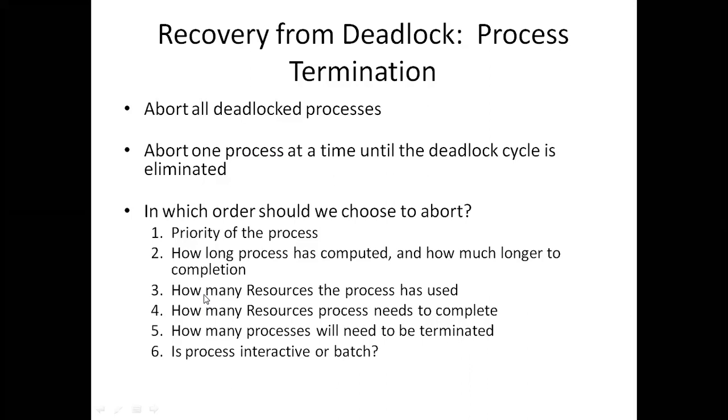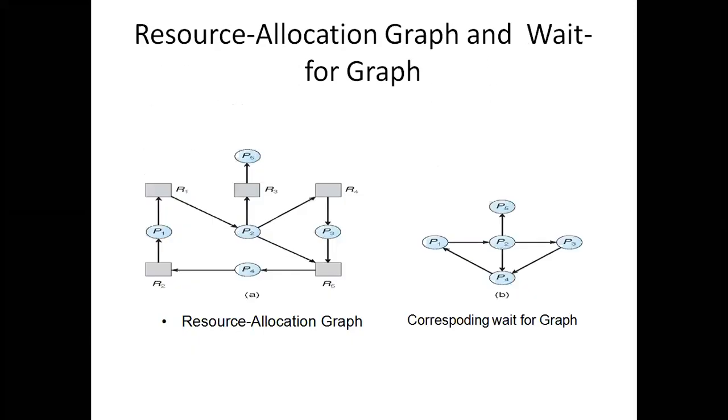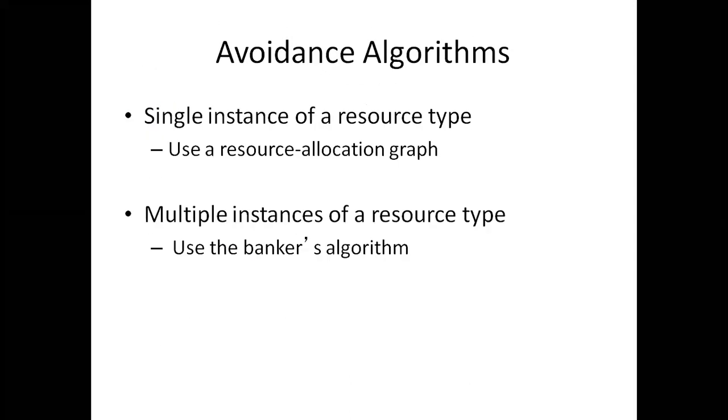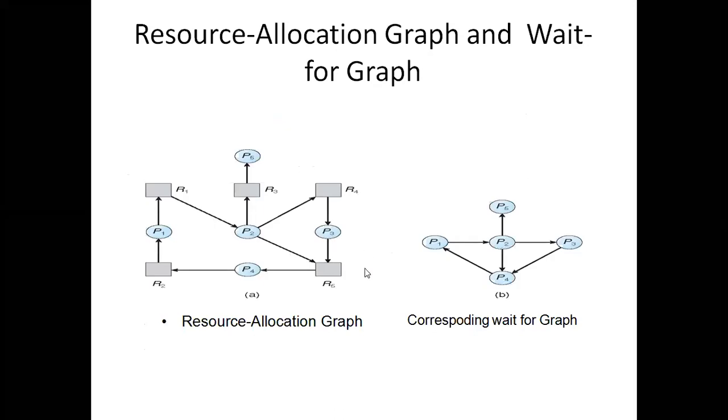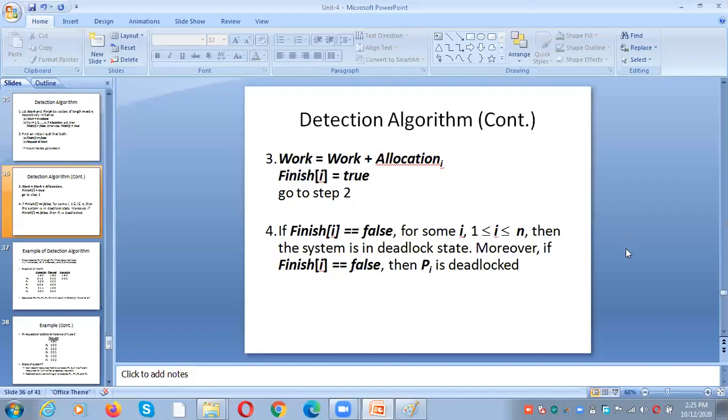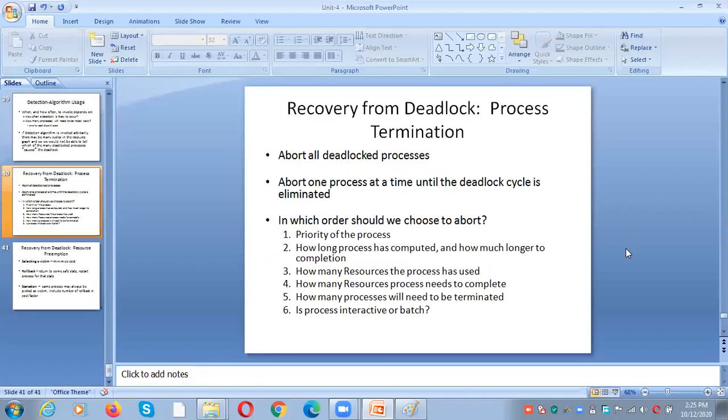And next, okay, you want to remove only one process at a time. Then which process you need to select as a victim process? If you observe in this diagram, P1, P2, P3, P4, and then P1. This is a cycle, right? So four processes are involved in the deadlock. Which one do you want to select as a victim process, right?